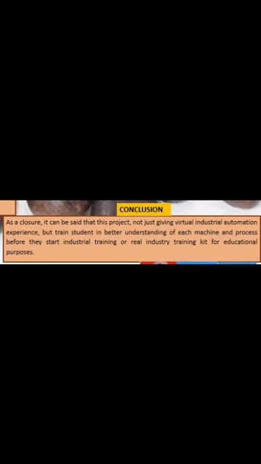As a closure, it can be said that this project not only gives a virtual industrial automation experience, but also trains students in better understanding each machine and process before they start industrial training or a real industry training kit for educational purposes. This concludes my